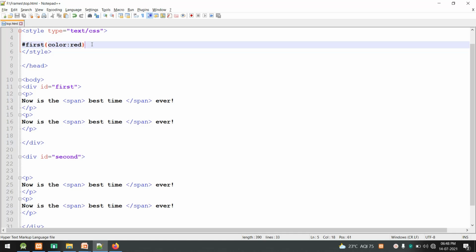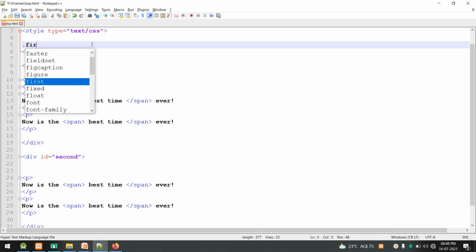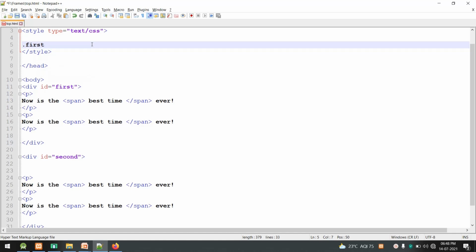Or you can even create a class selector. You can use dot and any class name. You can even take a class as first, and you can apply the color here.